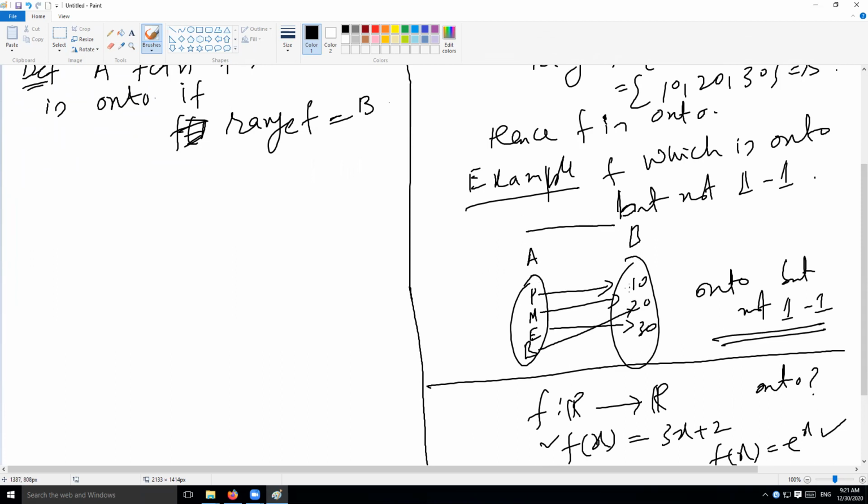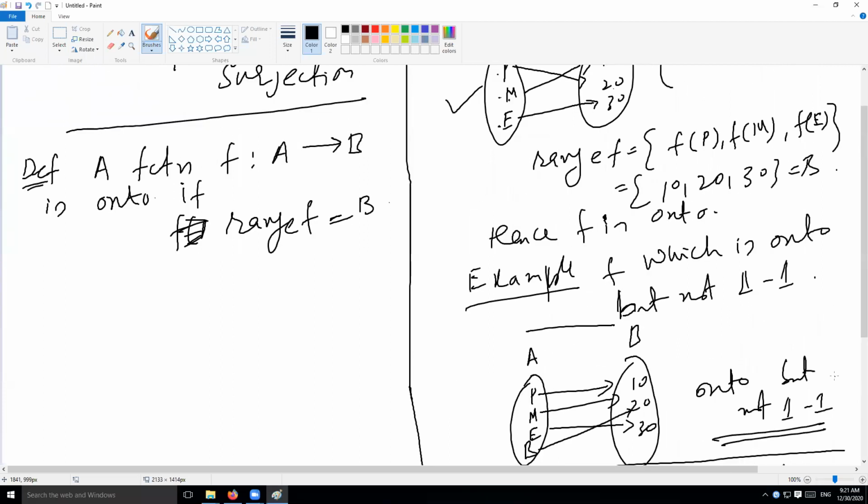I know that if I have been given a function in such a form, I can quickly see the range and codomain, and I can say whether they are equal or not. But if I have been given such a function, how can I verify whether a given function is onto? Then this definition is going to be helpful. Let's derive a criteria